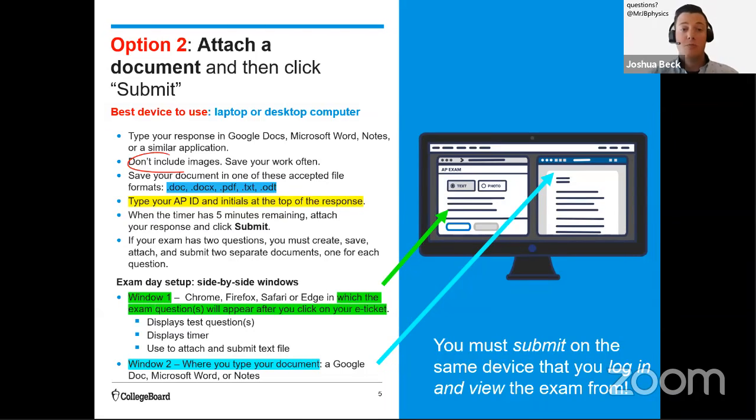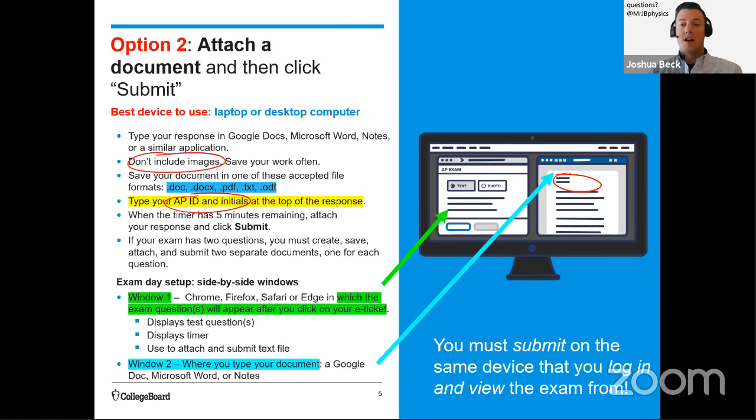Again, still no pictures, no images. Don't draw anything into this document. It needs to be all text. Now from here, rather than just copying and pasting, you would actually be saving that file, and then you'd go back to your submission window and you would browse for that file and then upload it. In my opinion, this adds an additional step where something could go wrong with saving it or finding it, things like that. And those 5 minutes to submit are going to start to tick